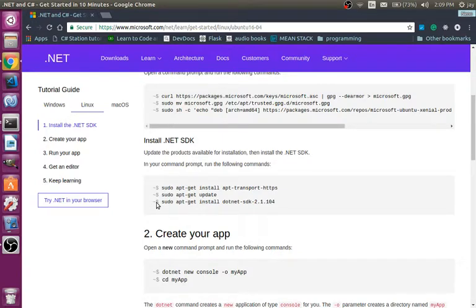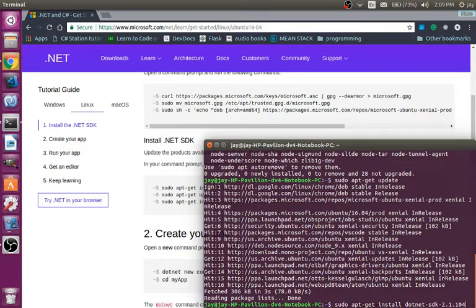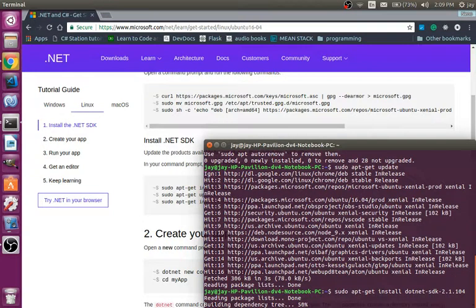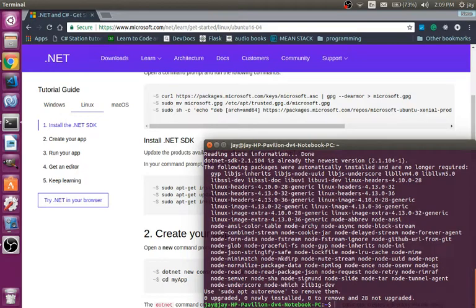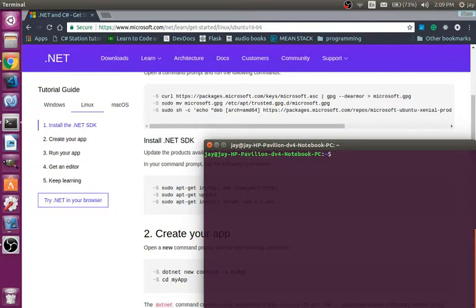This one over here, sudo apt install .NET SDK 2 point something. So let's hope this time it works. Okay, let's see. Okay, it did work. And it went real quick because I already have it, so that's why it went really quick. But for you, it will take a little bit more time. And now you've got it installed on your machine, .NET SDK, and you simply can close your terminal